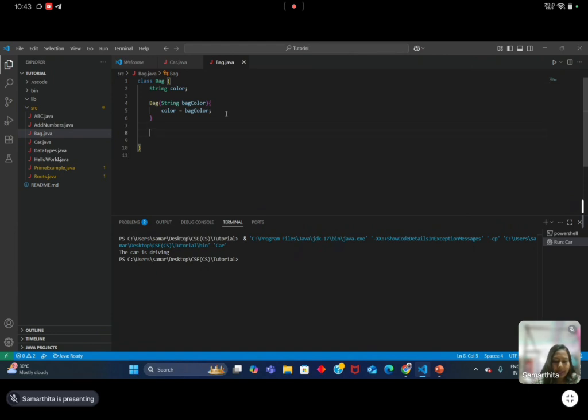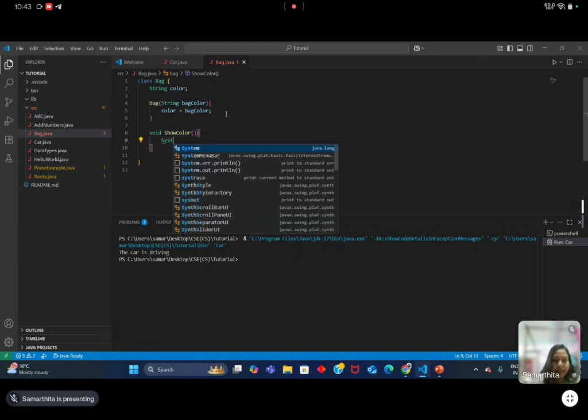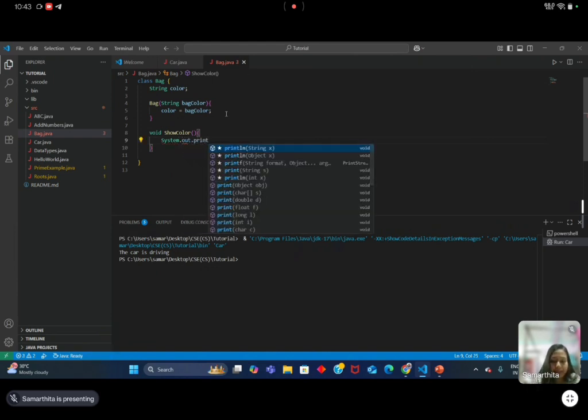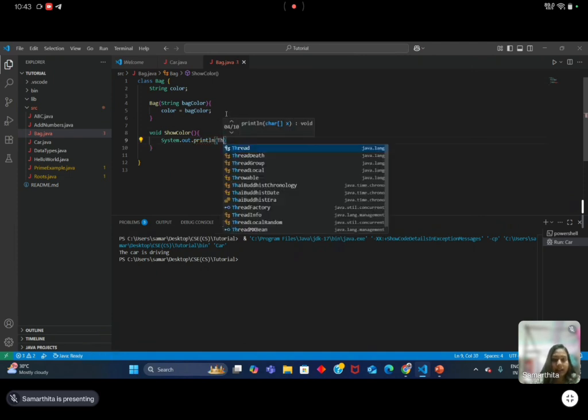Now I will be declaring the method, void showColor, okay. And then we'll be printing System.out.println, the bag's color basically.